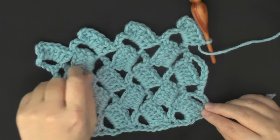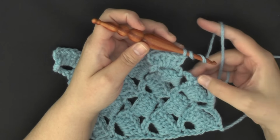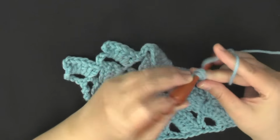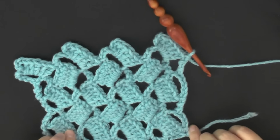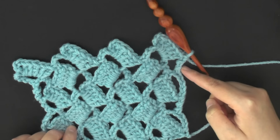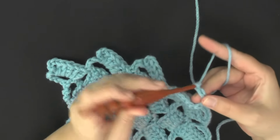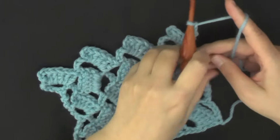So anyway, when you get to the end of the row after your last shell, you will want to triple crochet in the second chain from on your chain 6 here. And then once you've got your triple crochet in your second chain, you're ready to do your chain 6. 1, 2, 3, 4, 5, and 6. Then turn,